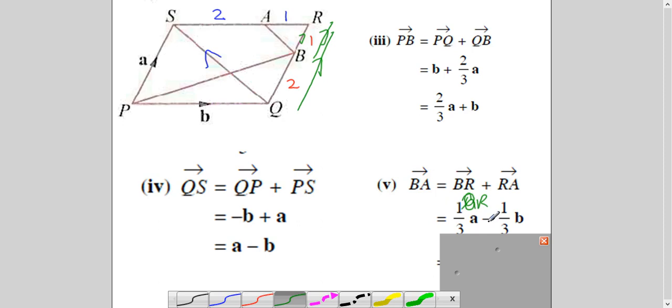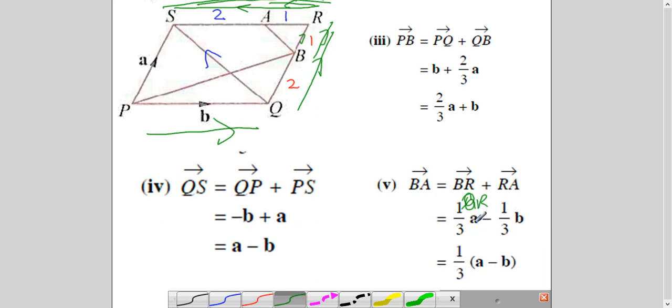Similarly here, why has this minus sign come? It's because we are saying RA, this direction we are talking about, and this is 1 part out of 3 parts of RS. I'm talking about this direction, RS. Sorry, it's not writing, I don't know. Okay. So when I reverse the direction, and the direction of B is like this, that's why we use minus. So it is 1 out of 3 parts of B in the opposite direction.